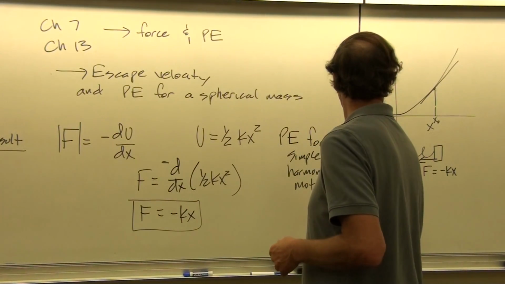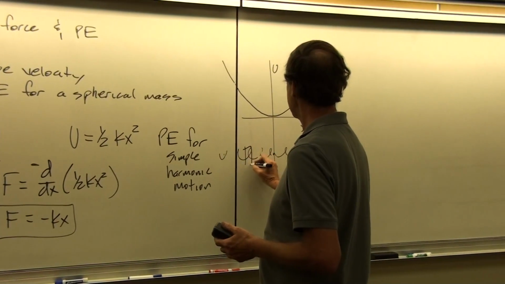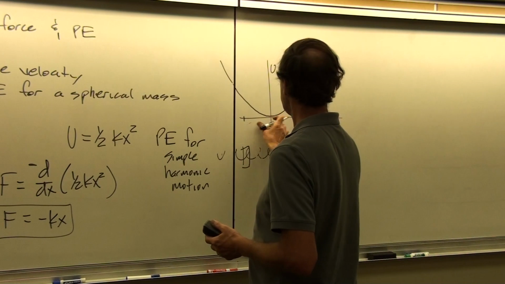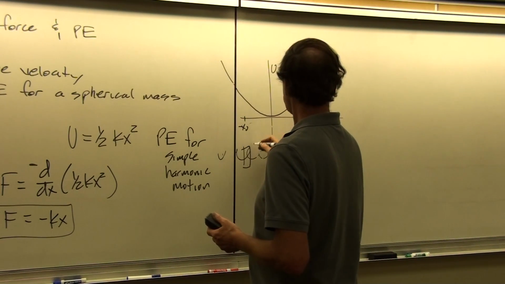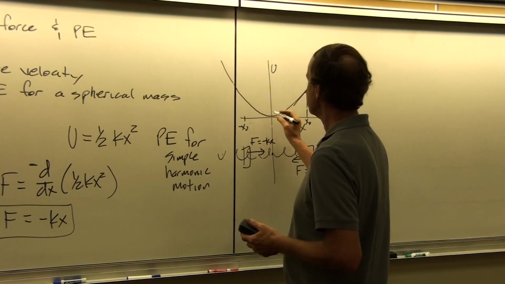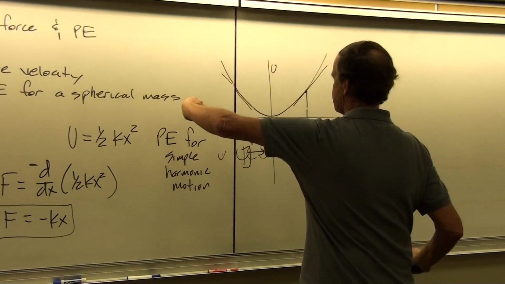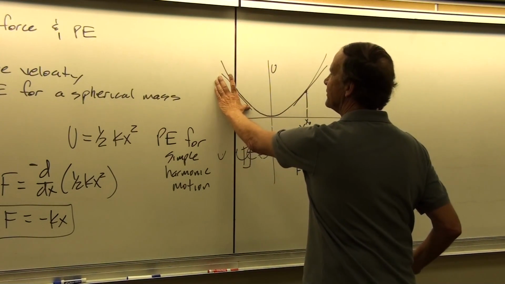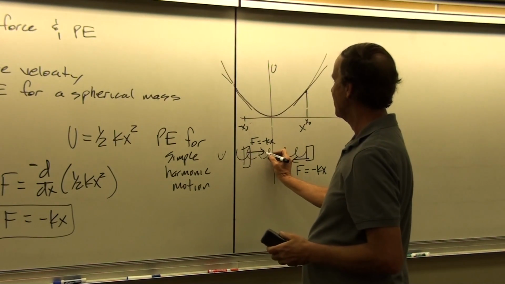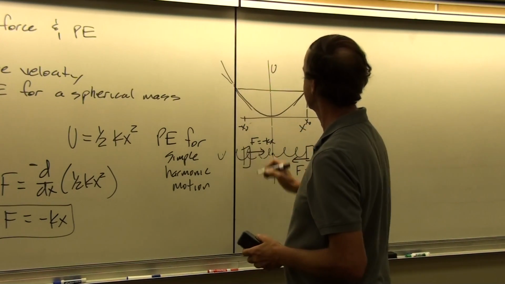Okay, so that's the kind of relationship we have. If this thing were to compress to its point of maximum compression, then we'd be at minus x naught here. And then at that point, the force would be still minus kx, but it would be pointed in the positive direction. So this is a negative slope, but the negative of that is a positive slope. So that gives us the positive value for the force as it goes back and forth between plus or minus x naught.